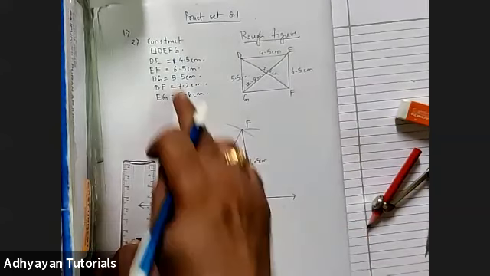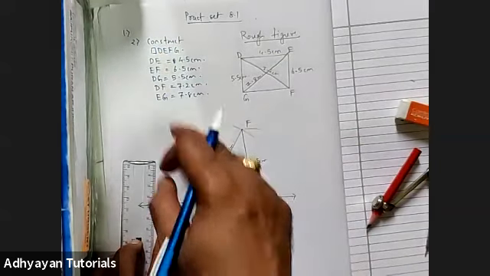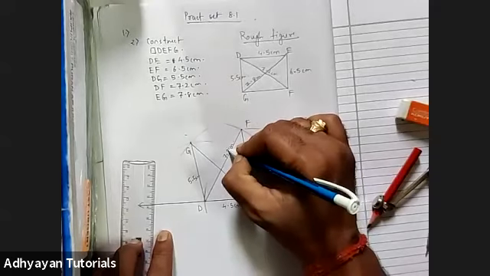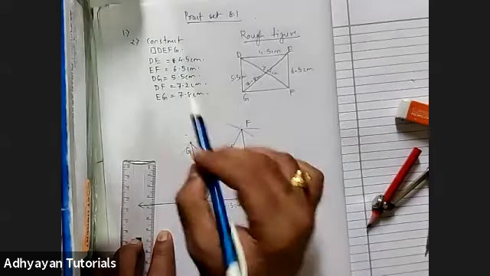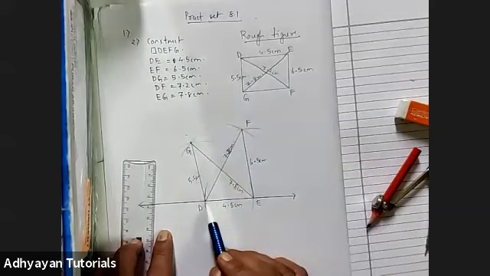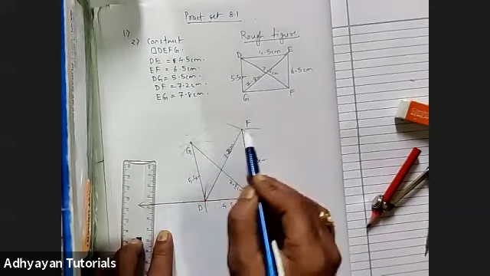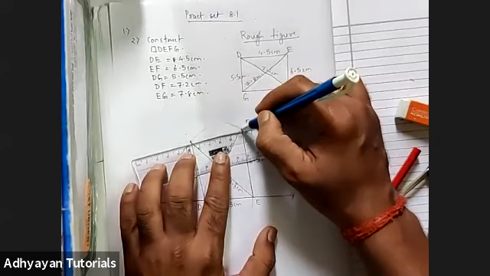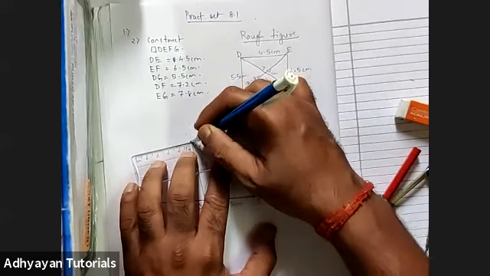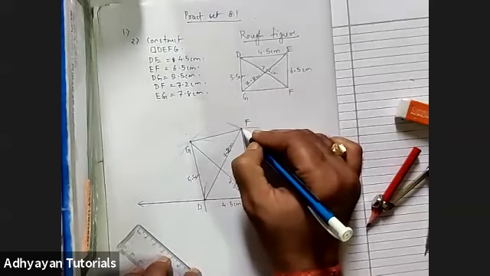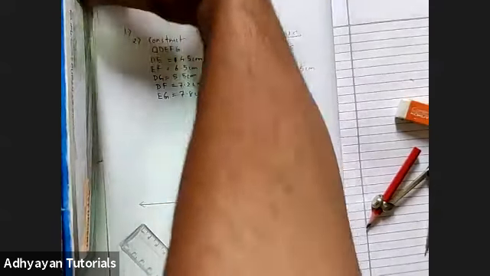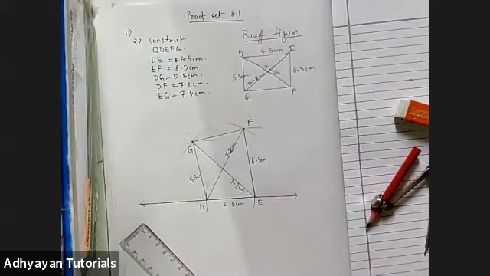So we have got all the 4 points, children, D, E, F, G. In order to construct quadrilateral DEFG, we just have to connect F and G. So when you connect F and G, the beautiful quadrilateral has been constructed. That is how it is to be done. I hope everybody has understood this. Any doubts, just let me know.